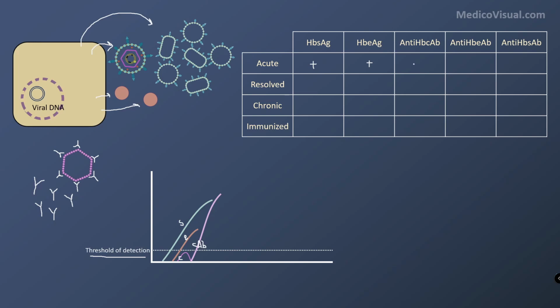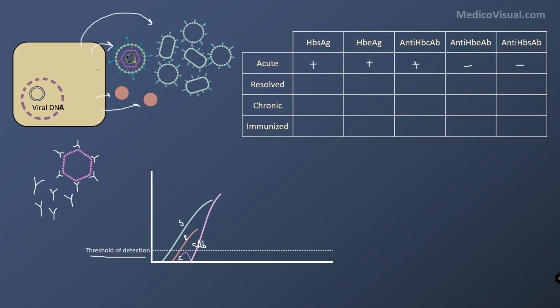So there will be a rise in anti-HBC antibody, or anti-hepatitis B core antibody. These are the things that are present in acute infection. All others are negative. Antigen, I will tell you why it is negative. Actually it is present in plasma, but it appears to be negative in lab test. I will tell you why right now. So these are the things that you find in acute infection.